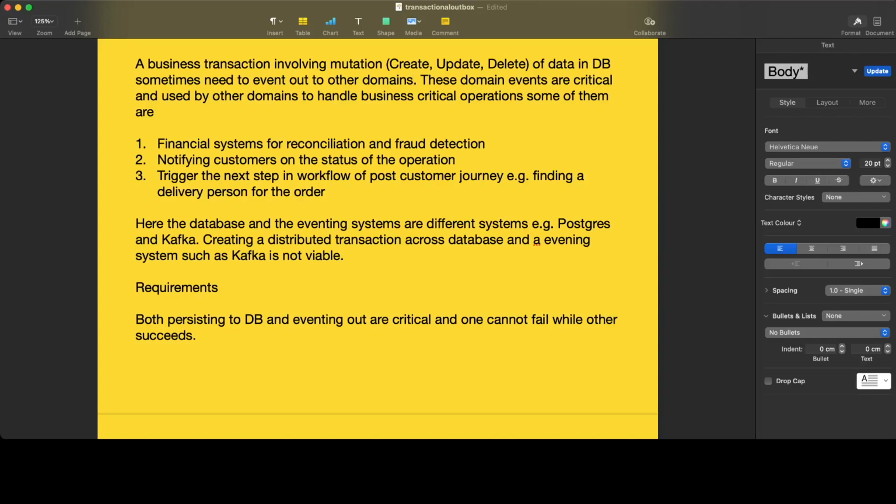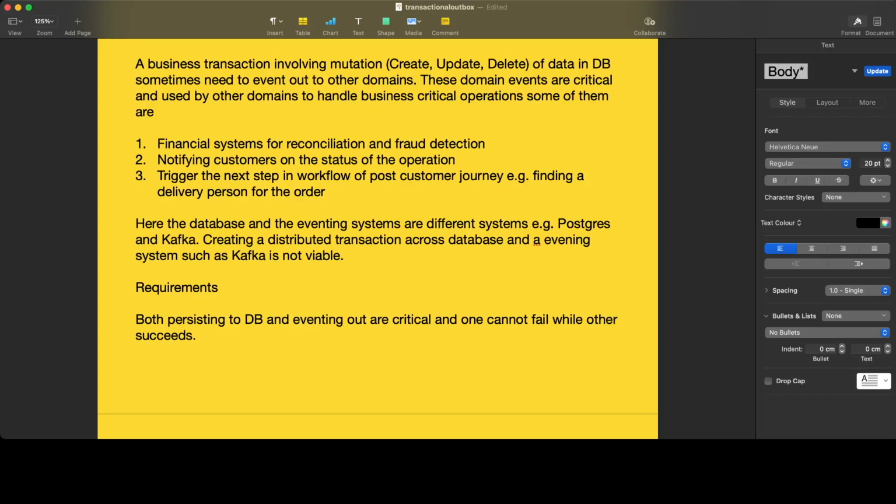Financial systems for reconciliation and fraud detection. For example, if somebody is doing a credit card payment originating from a particular IP, and similar transactions happen from a different IP, the fraud detection system has to understand the source IP of these two transactions to find out whether it is a fraudulent transaction or a very genuine transaction. There are a lot of systems which operate around it. For example, you might have noticed that if you tried to log in from a different machine which is new, you might get different security questions.